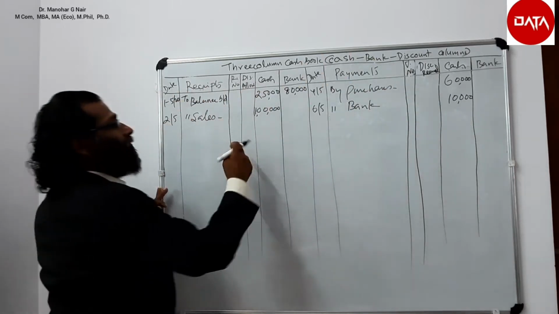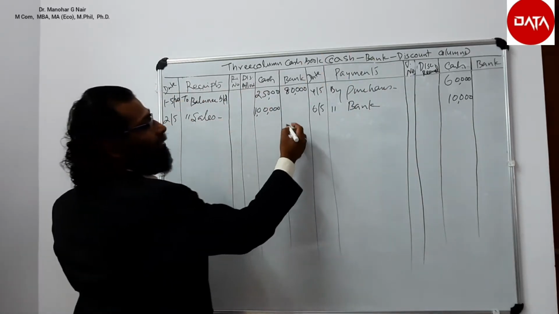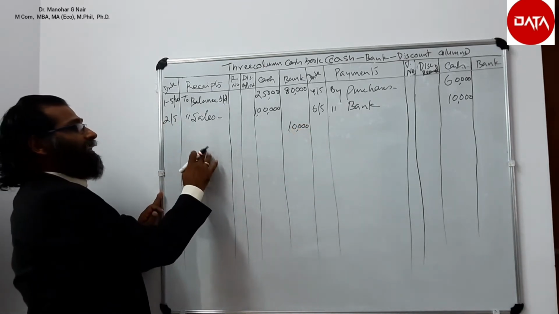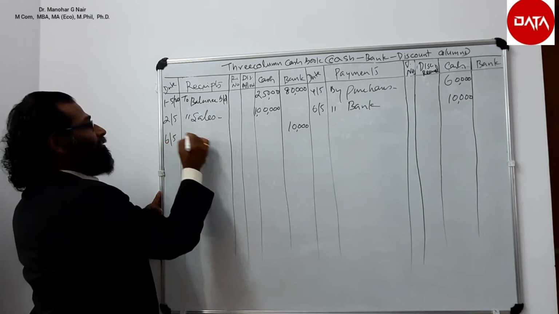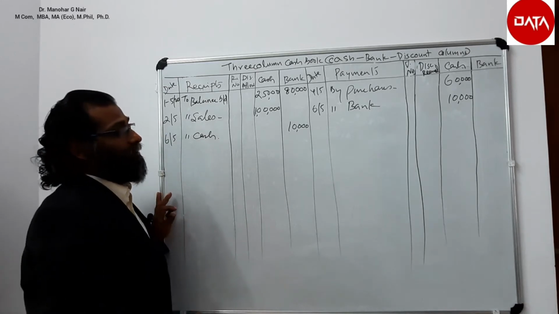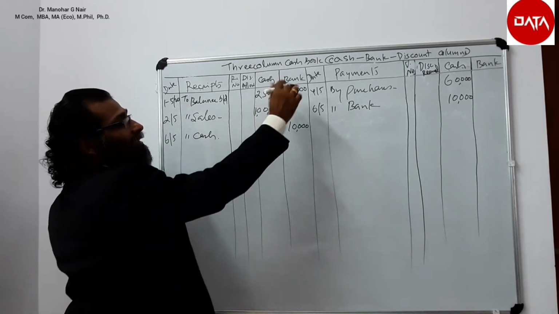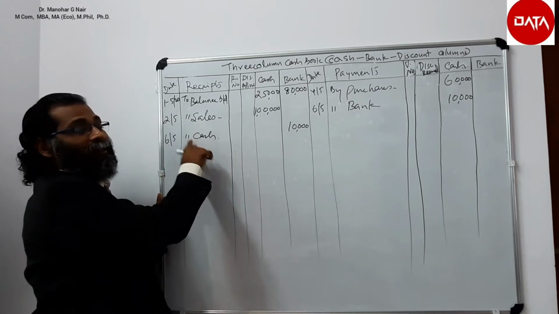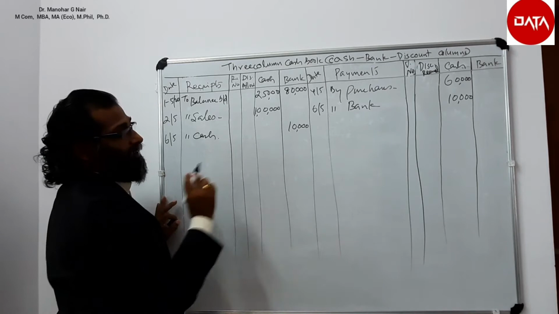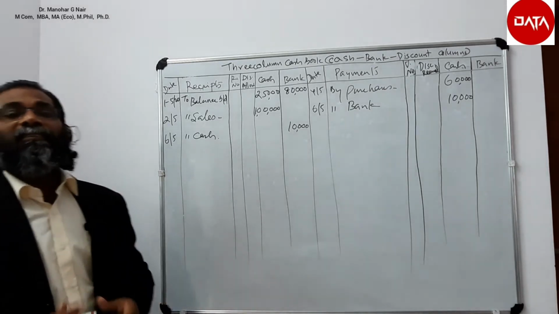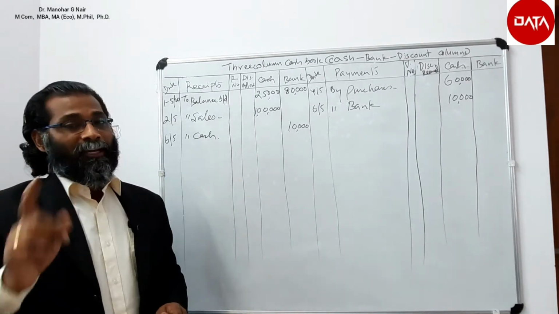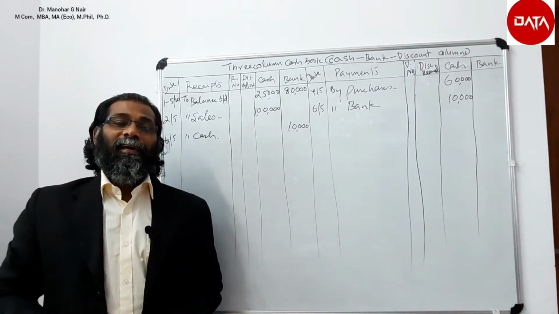At the same time it is receipt in the bank column on the same date in the opposite side, that is the receipt side, on 6th May to cash. So cash is received in the bank. So actually the journal entry is bank account debited to cash. The cash received in the bank. So the peculiarity of this transaction is this appears on both the sides of the cash book, that is payment side as well as receipt side.